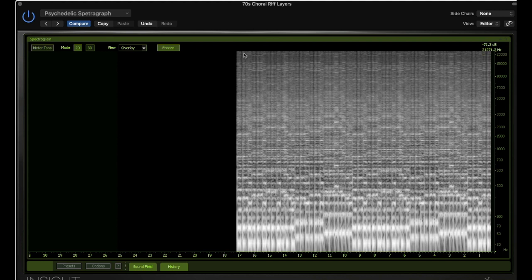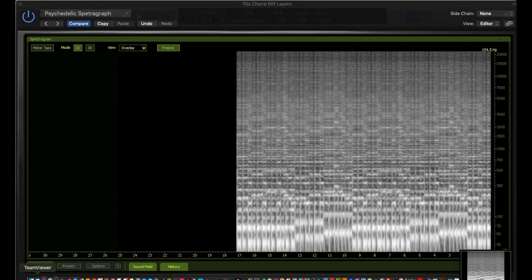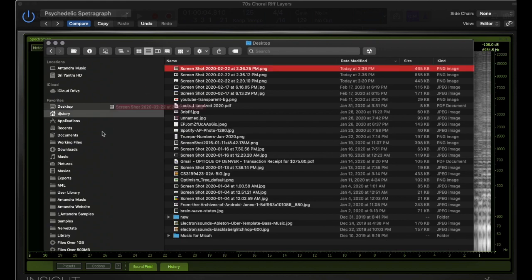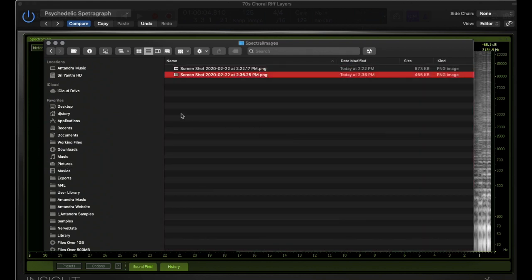So I hit freeze up here, and now I can take a screenshot of just this spectrum right here. If I hold Command-Shift-4, then I can actually select just this spectrum here, which is what we want, and get that. Then if we go over here to Finder, I can just put this into this folder that's a shortcut to my spectral images path inside of Alchemy,